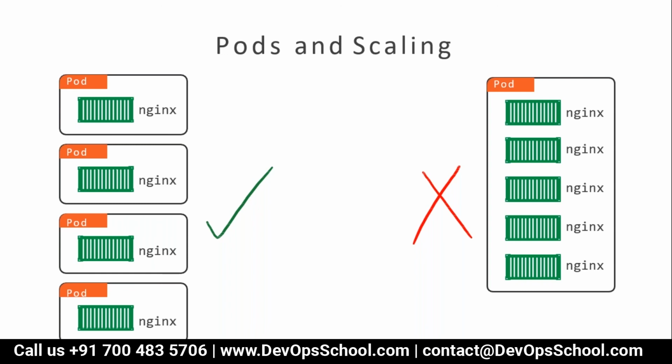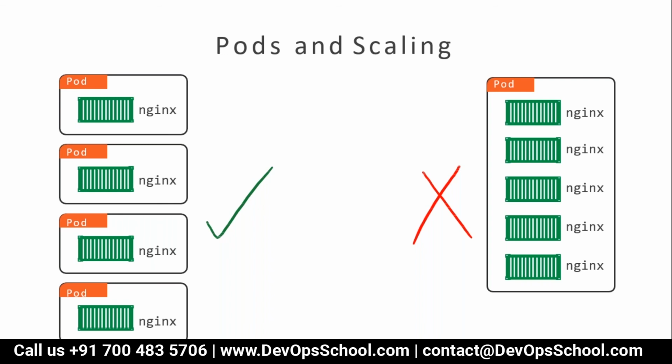See, guys, you have only one IP address for the pod. So if you run 5 Nginx, the load balancer will balance only one Nginx. You're running 1, 2, 3, 4, 5 Nginx, but the load balancer will balance only one, not all 5. What I'm trying to say is, within a pod, it's a waste of resources to run the same image container 2 times. What are you going to get out of it?